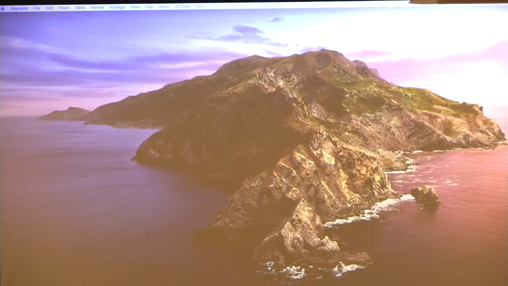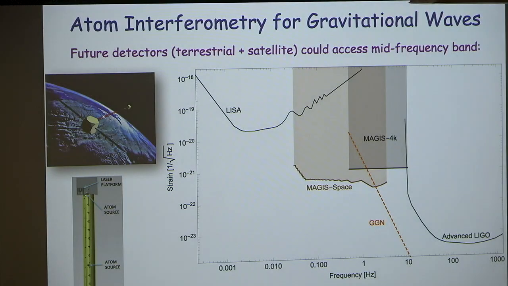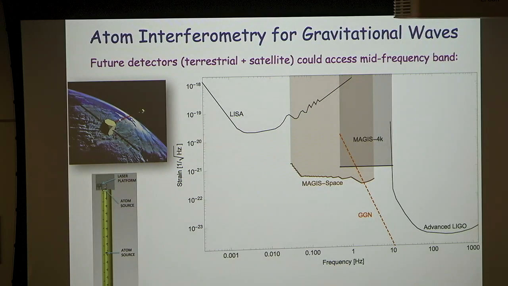Let me just flash here. Final thing. Here are some projections for sensitivity. This is strain per root hertz versus frequency. Here's LIGO. Here's LISA. Here would be on the ground. That's what we're aiming to build proof of principle detectors for now. Maybe well into the future,